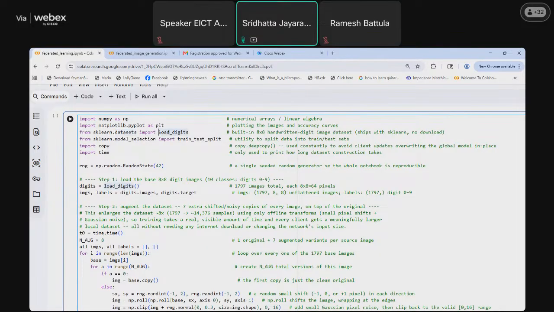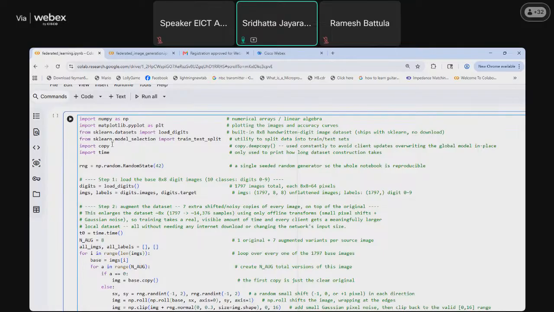In that we are importing load_digits, and the next library is model selection, in which we are using train_test_split. What train_test_split does is split the dataset into training and test, depending on whatever percentage of test split we define.